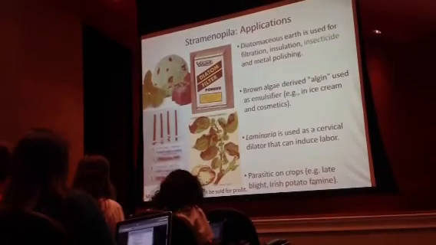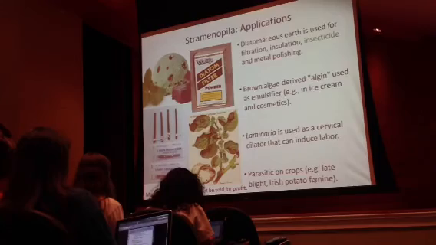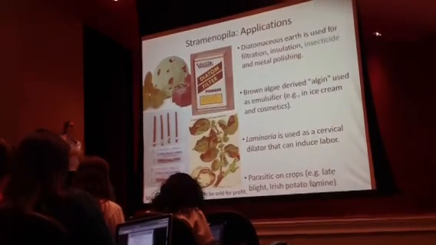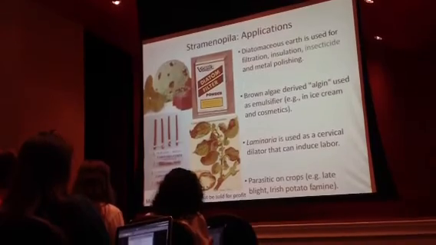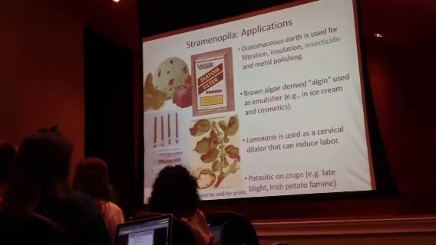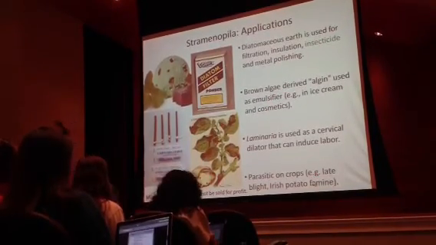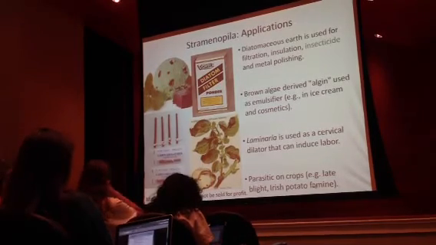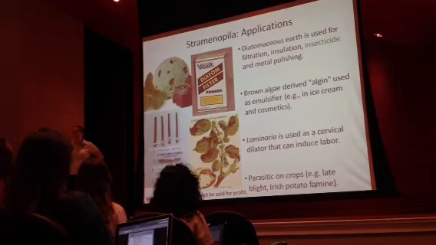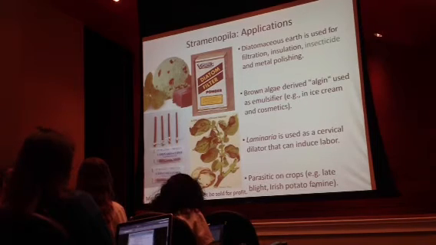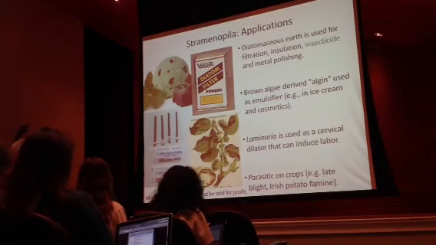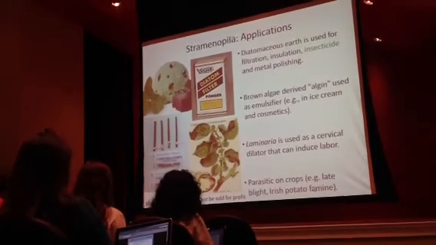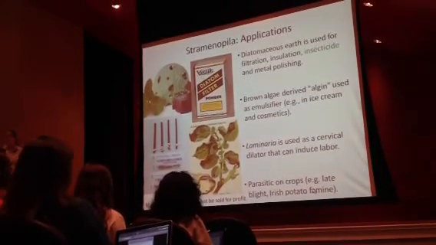They also, because they're silica, make really good insulation. So they're used quite frequently in insulation, not in a whole house, but in other things like pipes. They can be used as insecticides, and I've highlighted this in green because if you use an insecticide made of diatom particles, it's green. It doesn't introduce new chemicals into the environment. And the reason it doesn't is all you're doing is basically feeding the insects dead diatoms.